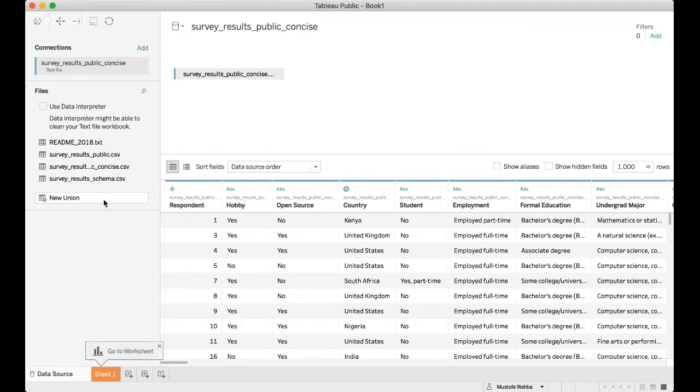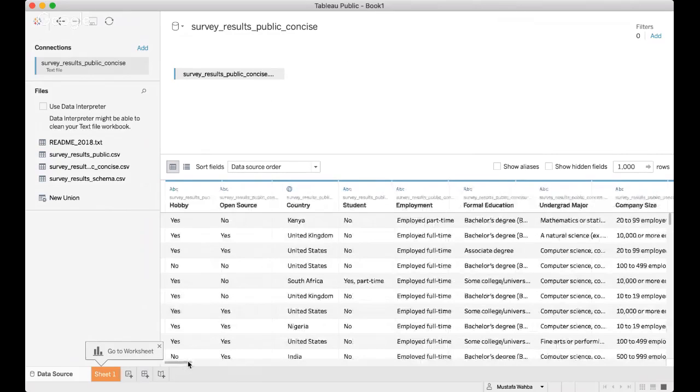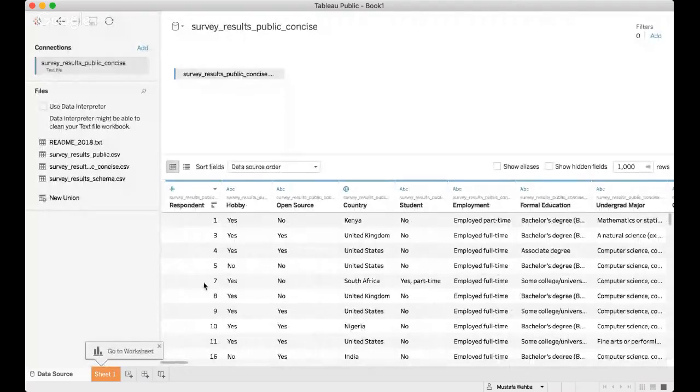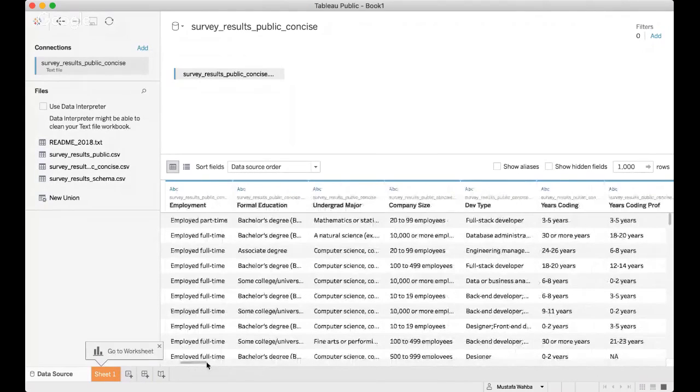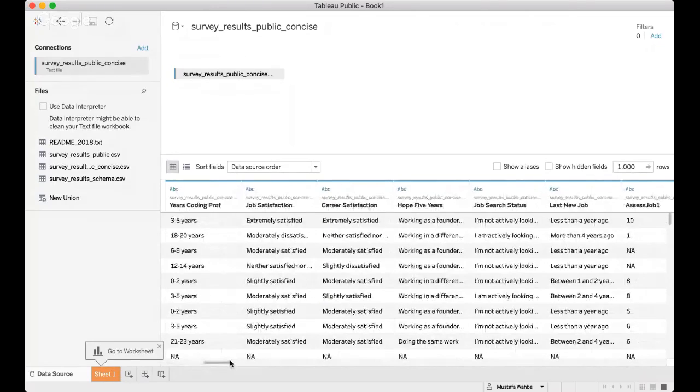Tableau automatically loaded my sheet into the working area, and the input from that sheet is right here. These are the columns; in Tableau they are called fields. These are the fields we looked at